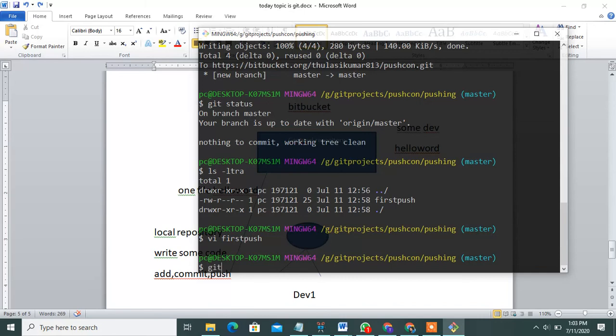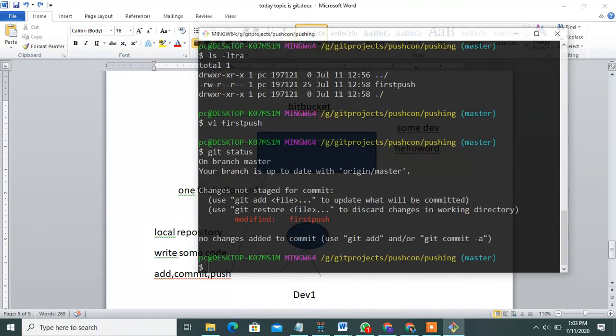You can check the git status. Yes, this is a modified file.